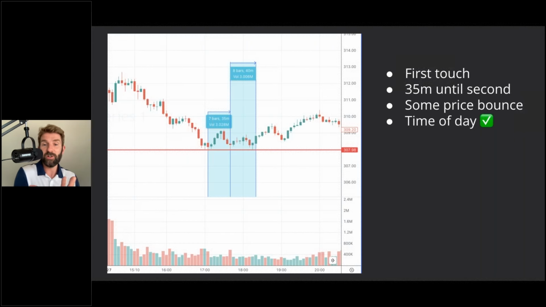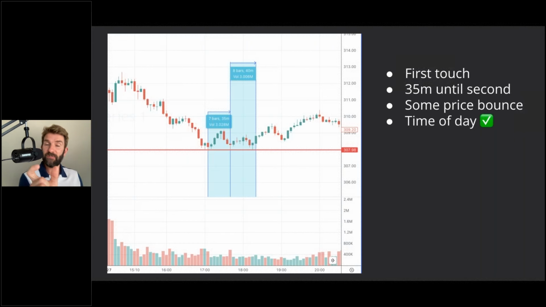So we get the first touch. And assume this is a key level we've extrapolated out from before. First touch at 308. We don't touch again until 35 minutes later. So this is perfect for me. Now, we did touch again, and the third touch would probably make you go, oh, we're going to get stopped, and you may have got away with this one. In fact, you did. But the important part is that first touch and the second touch.